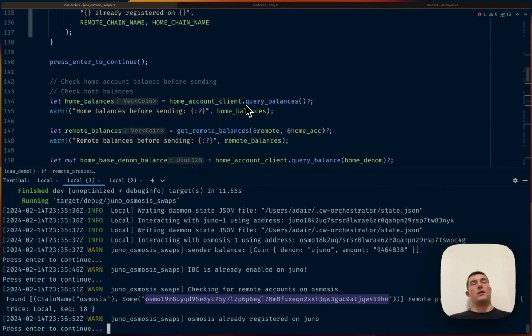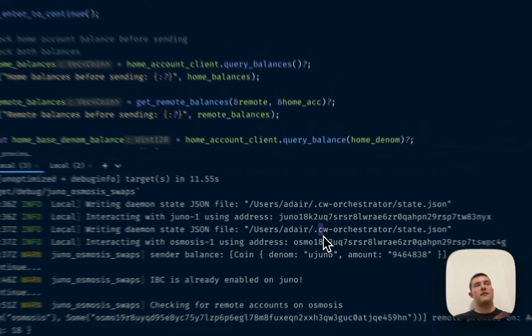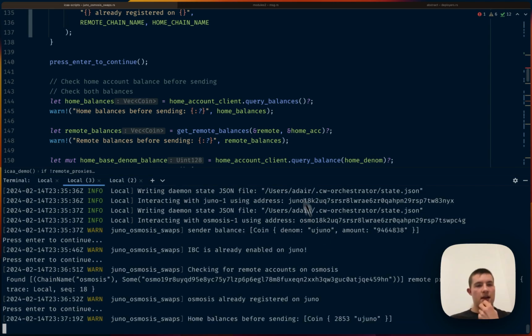Additionally, we are using CW Orchestrator in this script. So if you're looking to perform interchain actions on your environment using native Rust, or if you're trying to script your smart contracts, definitely recommend checking that out. So let's go ahead and